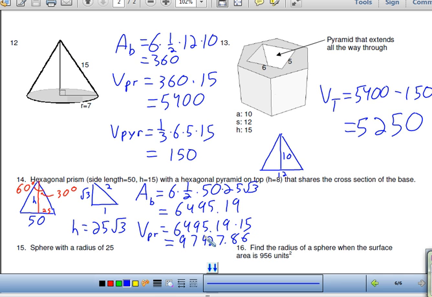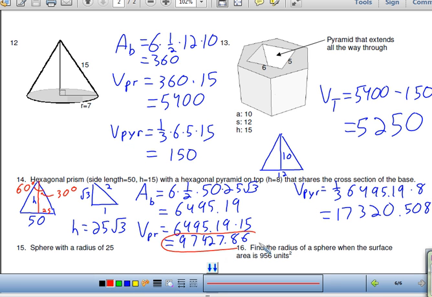The area of the base is going to be the same for my pyramid. So that should be pretty easy. 1/3 the area of the base times the height, and I know that that height is 8. So that makes this value 17,320.508. And in order to get to my final answer, I'm going to take this value here and this value here, and I'm going to add those together, because that'll be my volume total. And I add those together, and I get